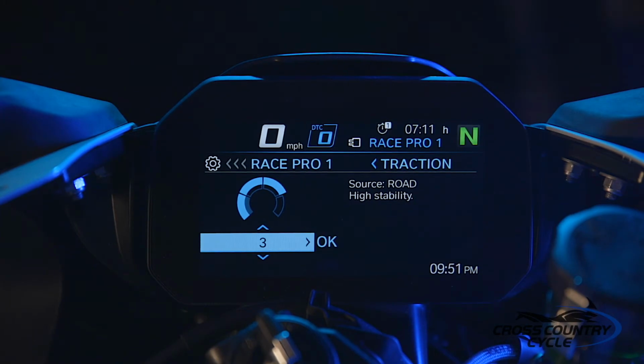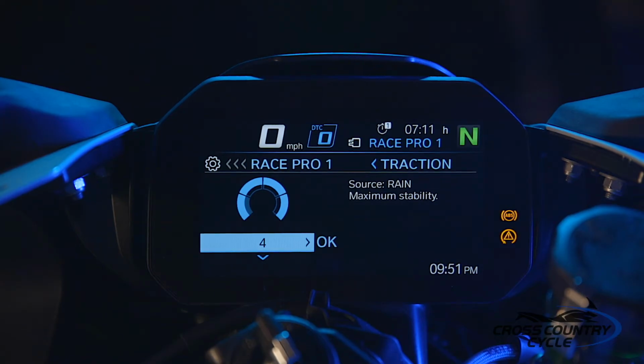This would be best used when roadway conditions are unknown or questionable or when running touring tires. It can also be utilized at the track when there are damp patches or when cold, damp conditions exist. When option 4 is selected, we see an associated source of rain with a provided explanation of maximum stability. This would be best used when road or track conditions are poor, wet or damp conditions exist, and minimum traction